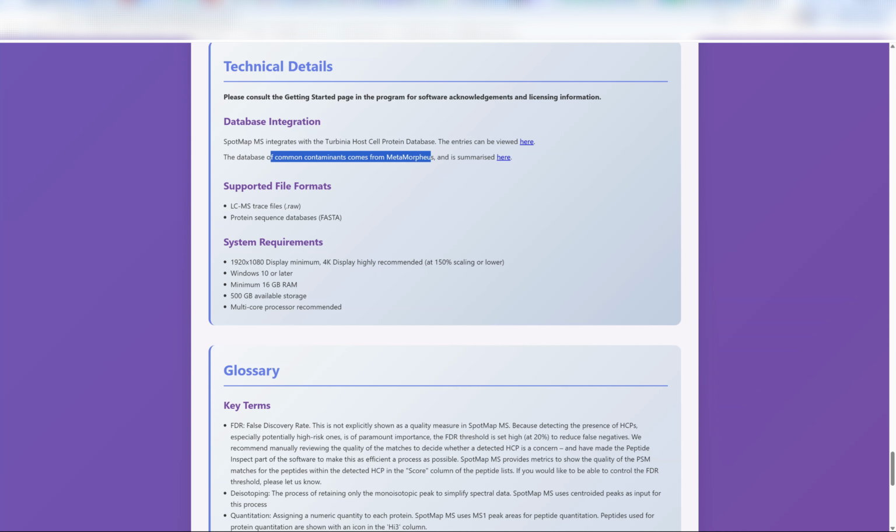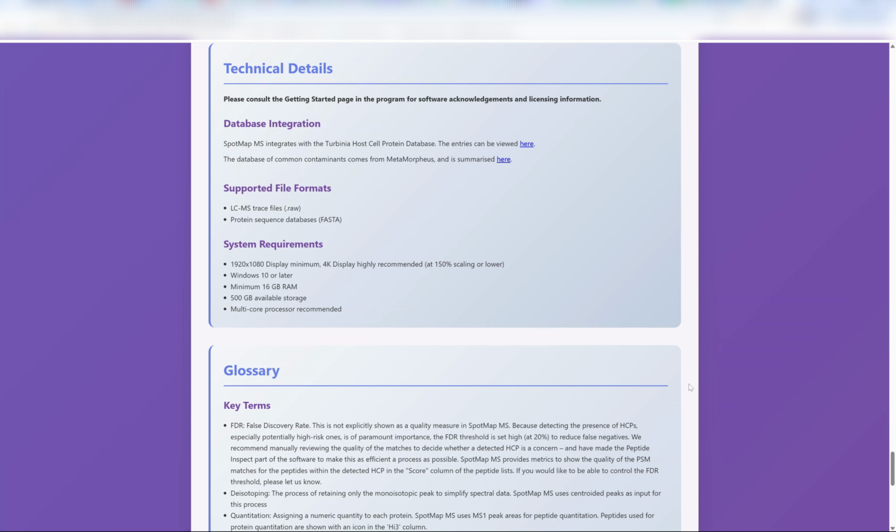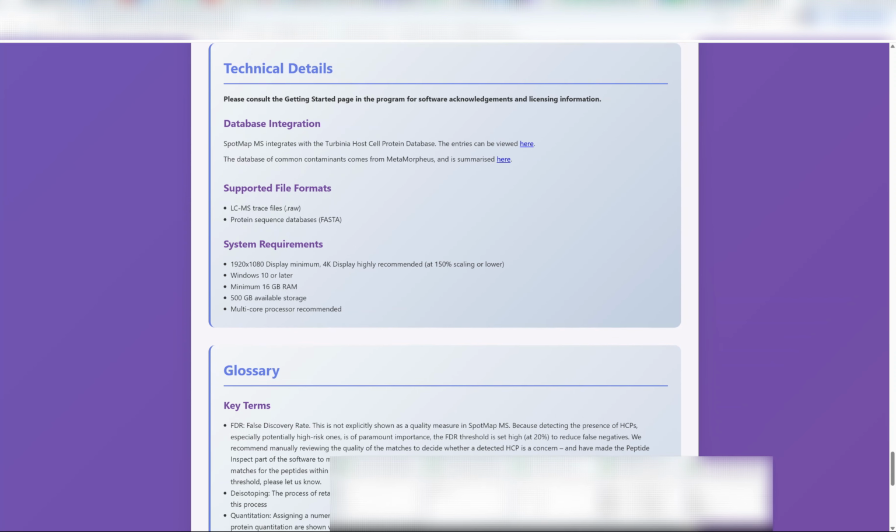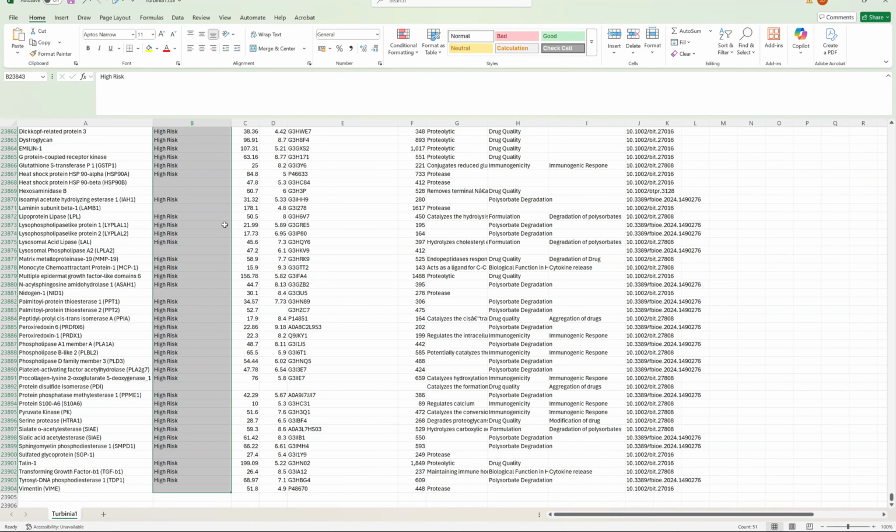which we use as a search engine. It's a very common search engine platform. It underlies a lot of different mass spec based analysis software, and we use it as well, but we use a highly tuned version of it to provide the level of automation that our software can offer. But if you click either of those links, you will be directed to the CSV files